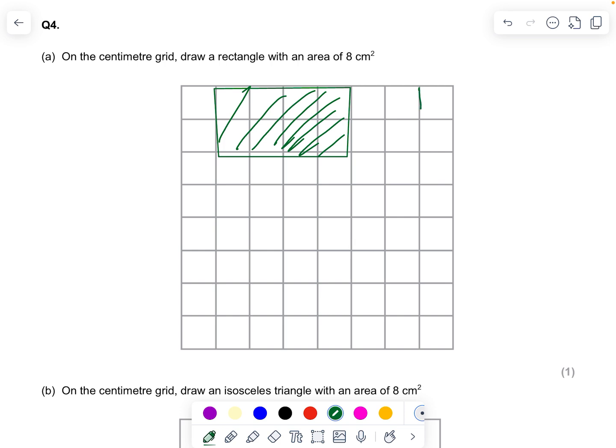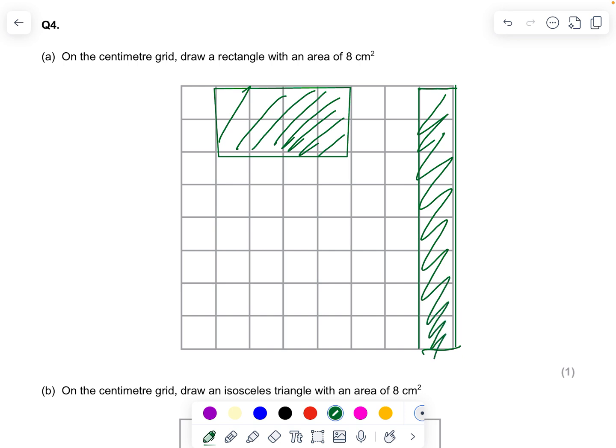We could have done 2, 4, 6, 8 times 1. So an 8 by 1. And you could have also obviously done both those rectangles the other way around. Okay, so as long as it has 8 squares, you know you've drawn a rectangle with an area of 8